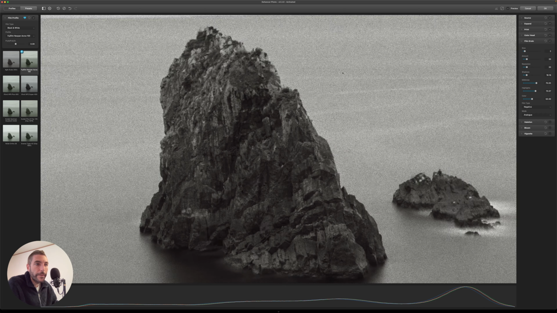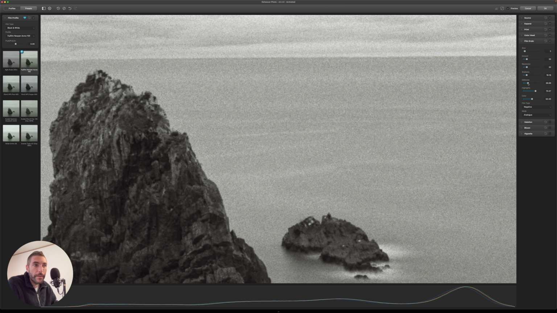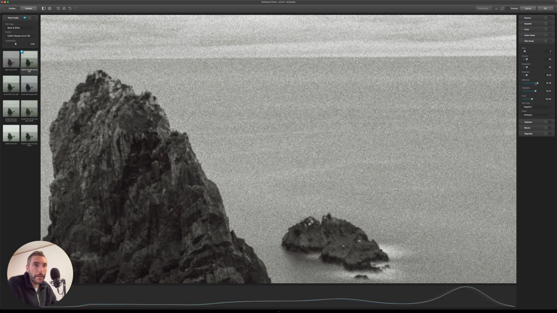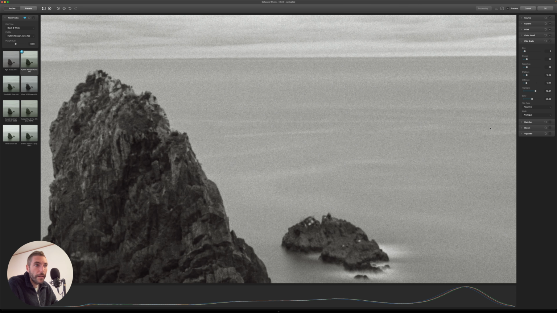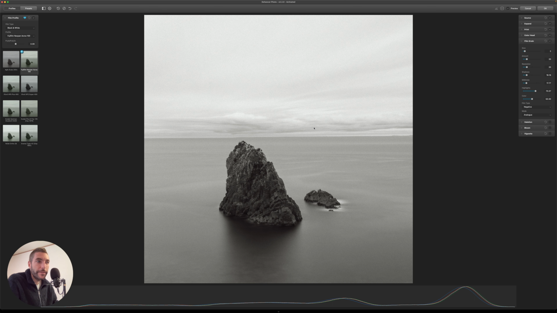And also you can go in the midtones, something like the water in this case, and you can decide if you want to have less grain, more grain. And you can see that that really changes the overall look of the image. If the midtones grain is not that high, this still looks a little bit digital.